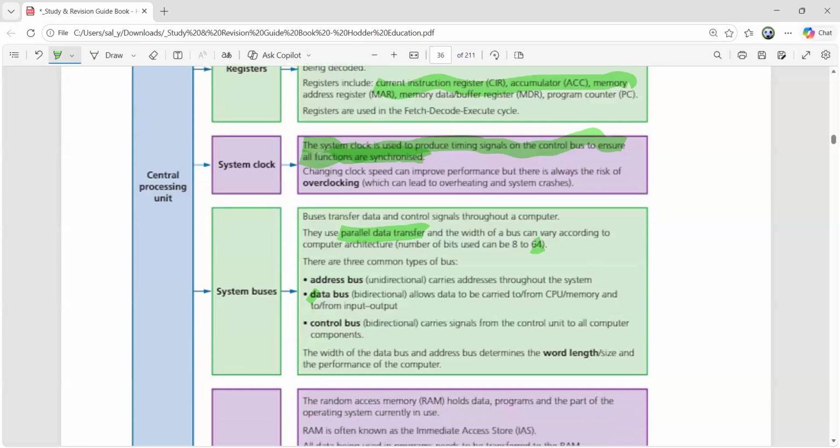This is what I talked about. If I am using a 64-bit bus, and there is another system that is using a 24-bit bus, which one do you think is going to be working faster? A 24-bit bus computer system or a 64-bit bus computer system? Which one will be working faster? Yes, what do you think? The 64-bit one will be working faster. Definitely. So this is what we need to be very clear about.